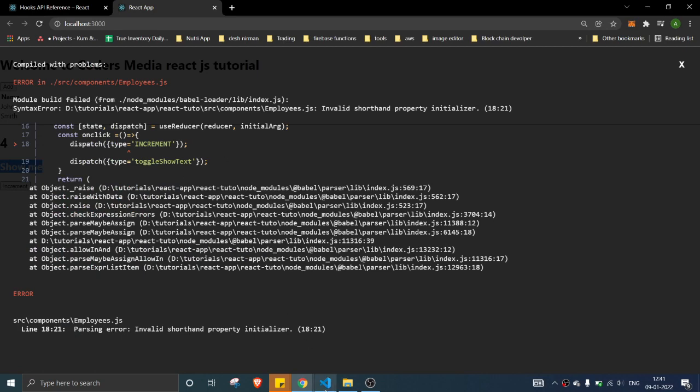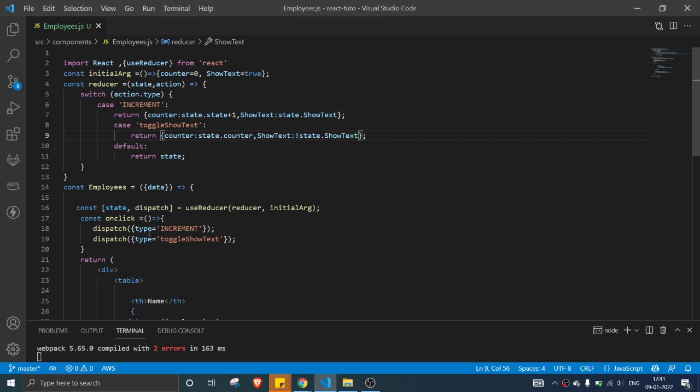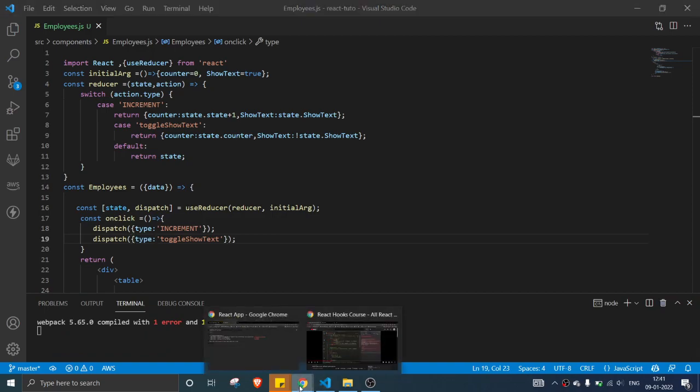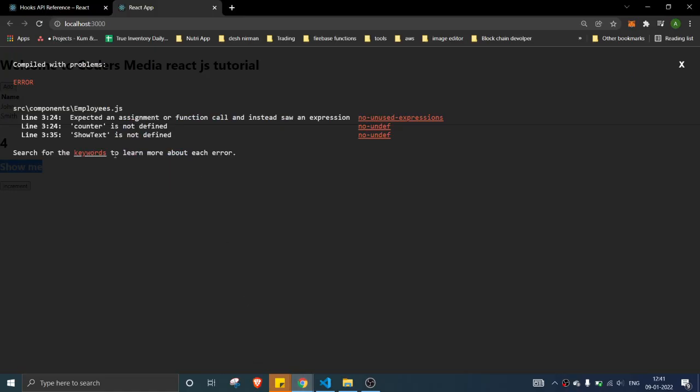Yep, dispatch also we updated the syntax wrongly. Still one error is there: counter is not defined, text is not defined.